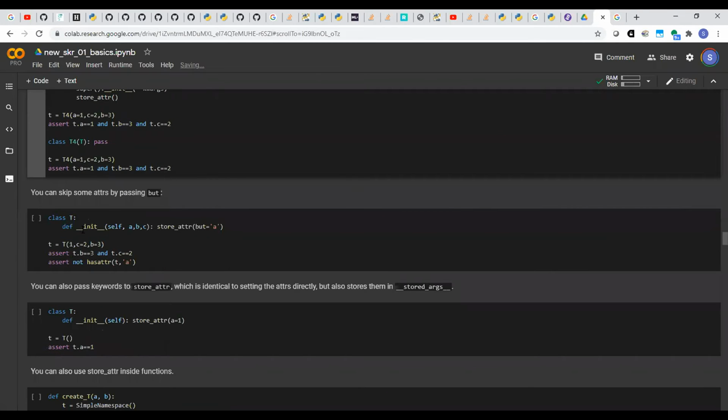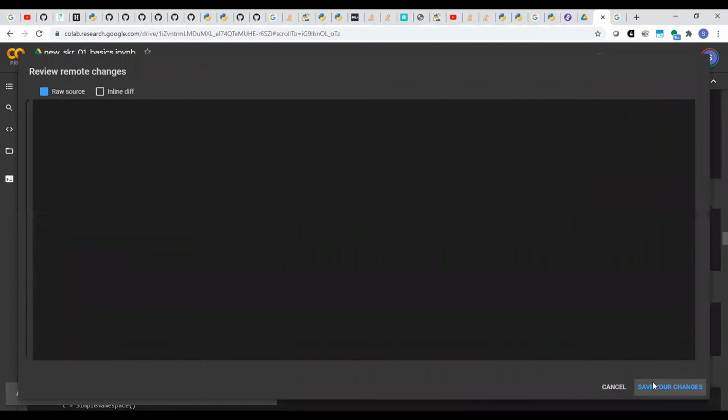If you look at it here, so self ABC store attra but equals the string A, which means you want it to store B and C and not A. So that's kind of what you want when you use the but parameter within